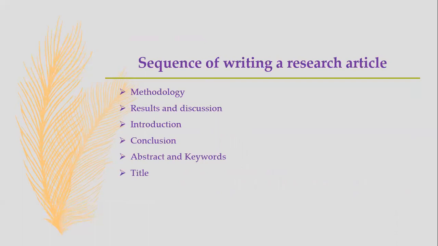The typical sequence of writing a research paper is that you should start with the methodology, then you should write the results and discussion, then you should write the introduction and conclusion, and then the abstract and keywords, and last comes the title. I'll give you the logic behind this, why you should do this. For example, why do we need to start with the methodology? We need to start with the methodology because this is something that we are doing. And again, there is a lot of